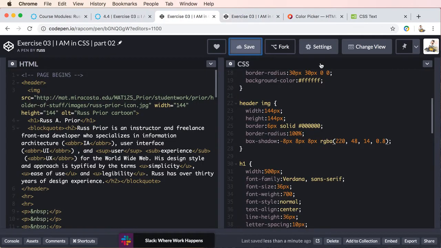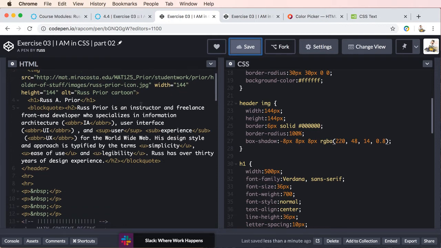So we'll go to our code, and first let's find our H2, and I have this in a block quote. So this is really not, well, it could or could not be a quote. So potentially I could remove the block quote, and then I could use some margin on H2 to move the text over. I'm going to go ahead and just keep the block quote, but I will remove